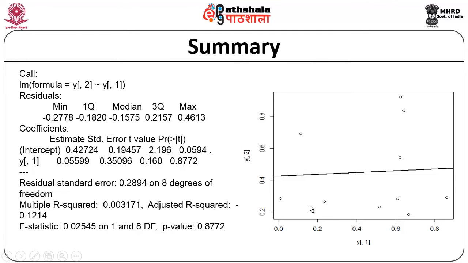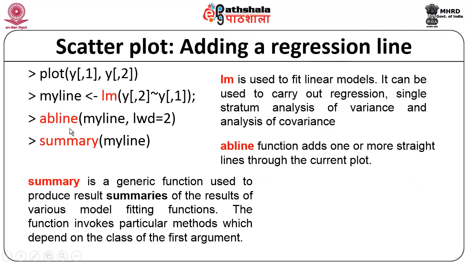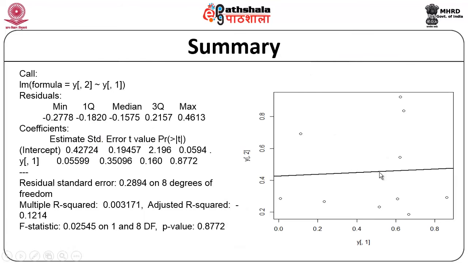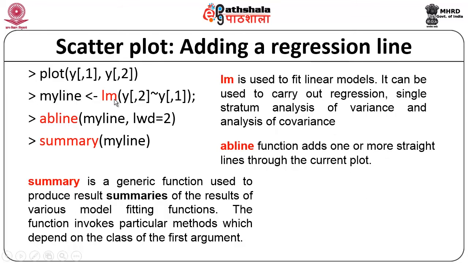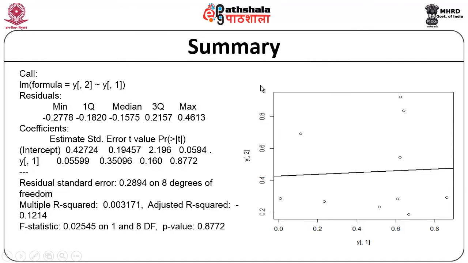Here you can find the scatter plot and a line that is drawn. This line is drawn using the abline method. The linear regression model for this particular plot is defined based on the LM method, and finally when you call the summary method, these are the various summary statistics that are displayed. The summary includes the minimum, the median, the maximum range of values, and the first quartile and then the third quartile values.